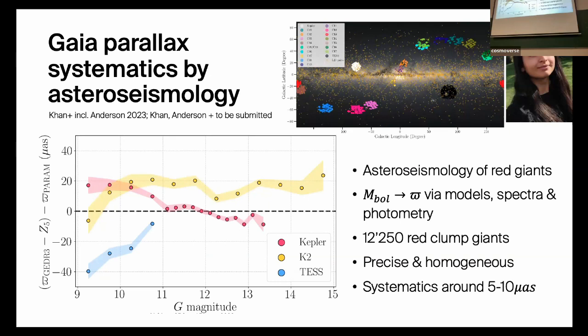And basically here we have a view of the sky of different fields where we could actually measure these frequency spectra of about 12,000 red clump giant stars. And the asteroseismic frequencies that we measure can be interpreted through stellar models when we also plug in spectra and photometry to basically give us the bolometric luminosity, which we can then turn into a predicted parallax using the apparent magnitudes. And if we compare that to the measured parallax, which is here the Gaia parallax, this is the offset determined by Lindegren, and this is our prediction, then we see that, for example, in the Kepler field,